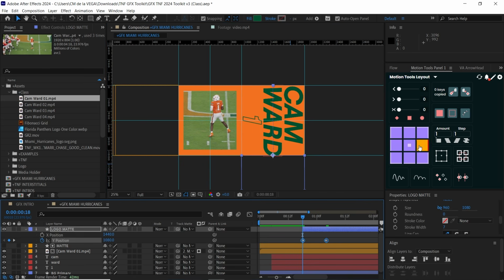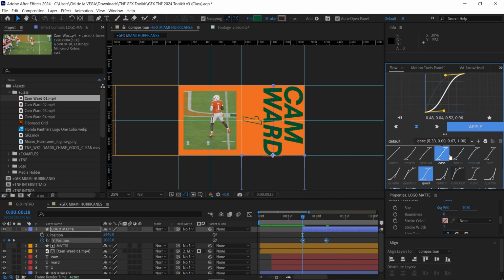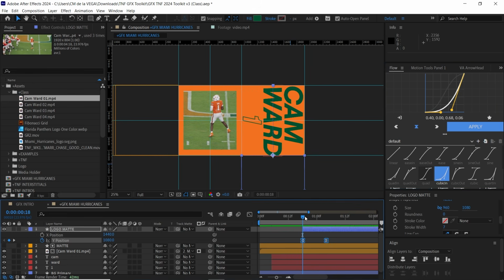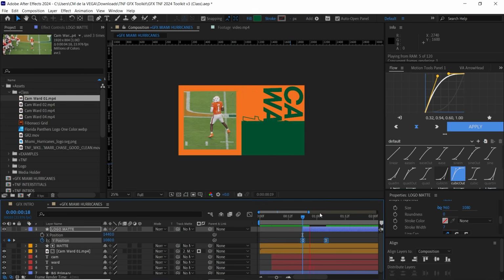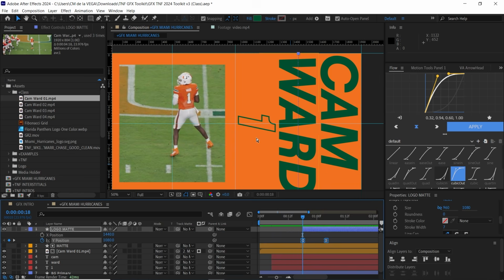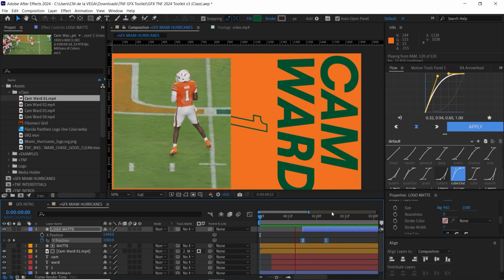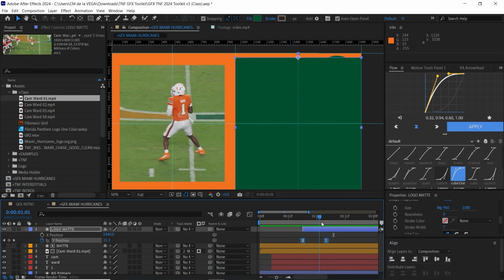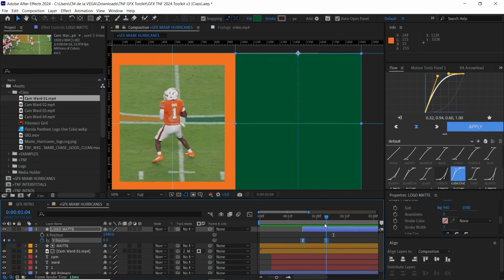And then what I'll do is go to flow. Let's see. Let's add this one. Let's see how that looks. No, don't really like this one. Let's go to cube out. Yeah, cube out looks nice. That looks smooth. So let's check it out. All right, so we have the color, we have the matte coming in, but now we need to reveal the